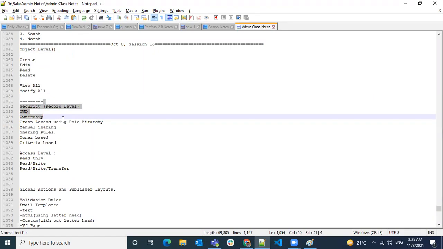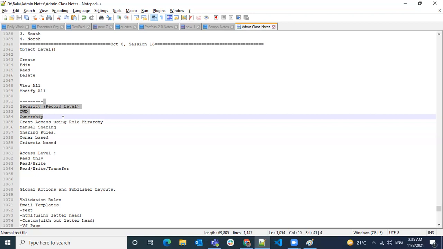And now going to record level security. So you have 100 records, and these 100 records are created by different users or a single user. It doesn't mean that when you have more records, different users have to create them. It may or may not. The user who created a record and the owner of the record may be different. The creating user will not get any access unless they are the owner of the record. Then only they possess the access.